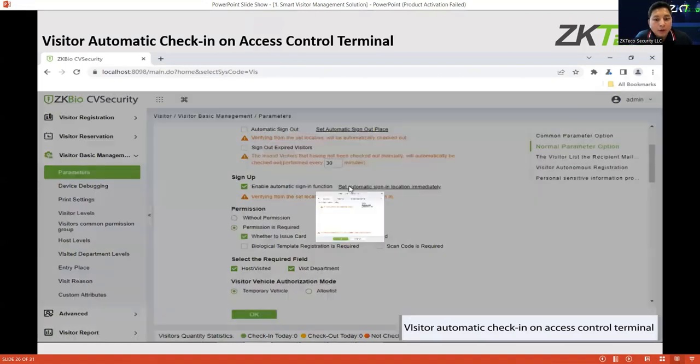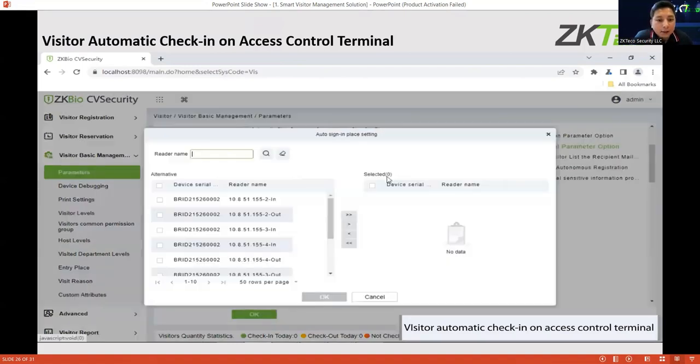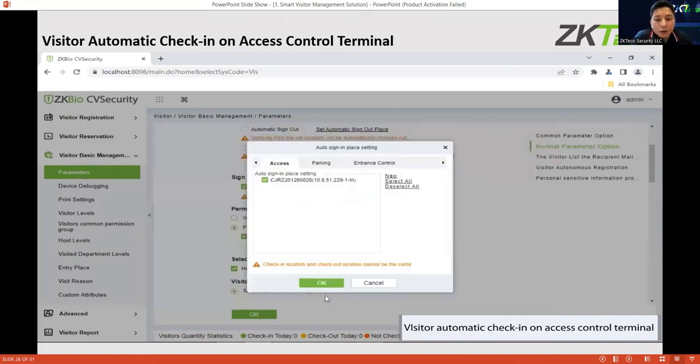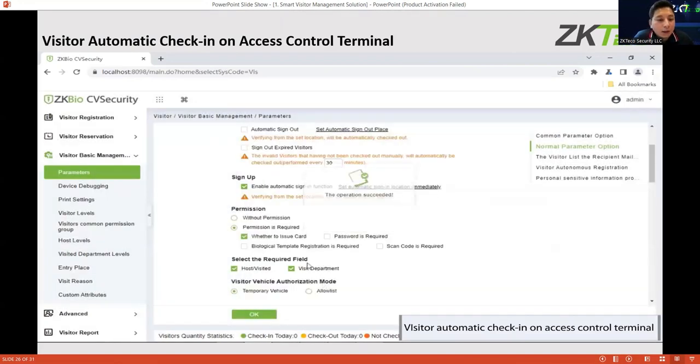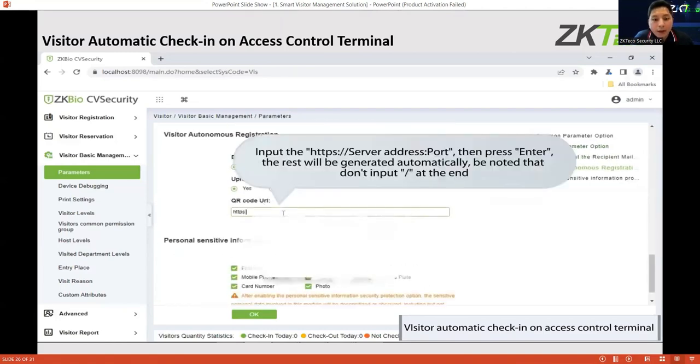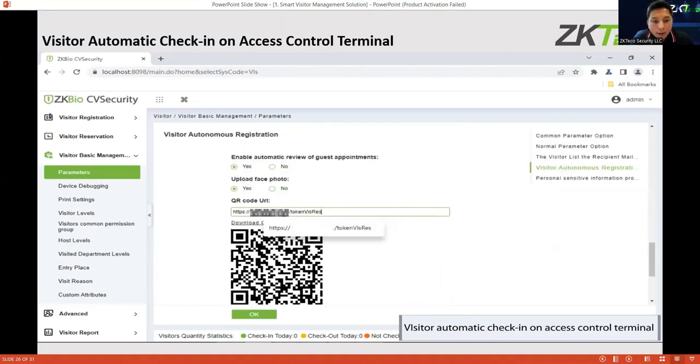Because you need to enable automatic sign-in. Click new. You will just choose the access control that the visitor will use, or that the visitor is allowed to enter. And then give the invitation again.